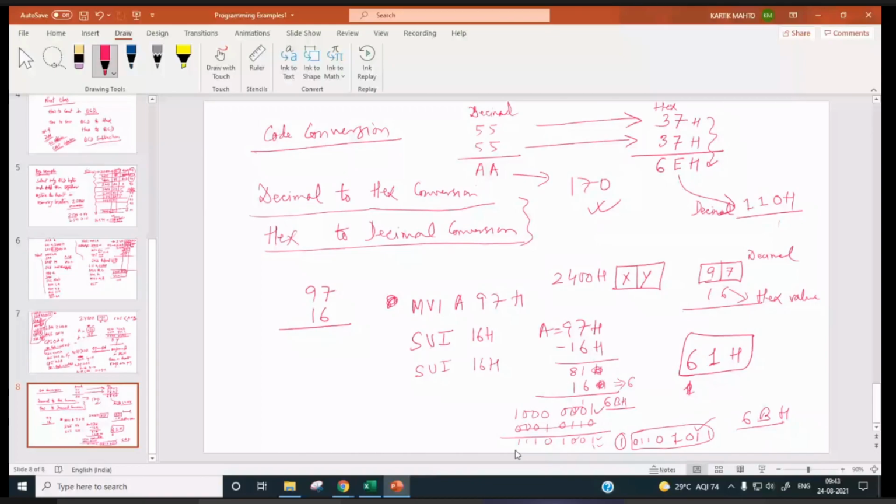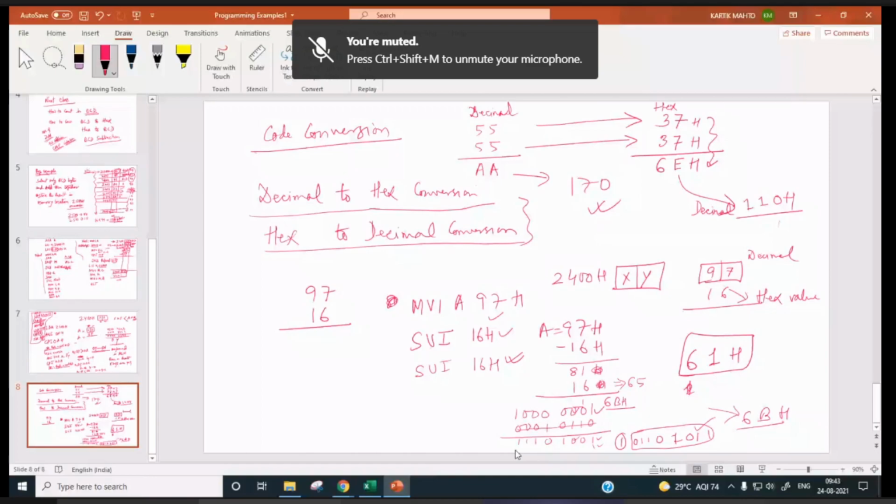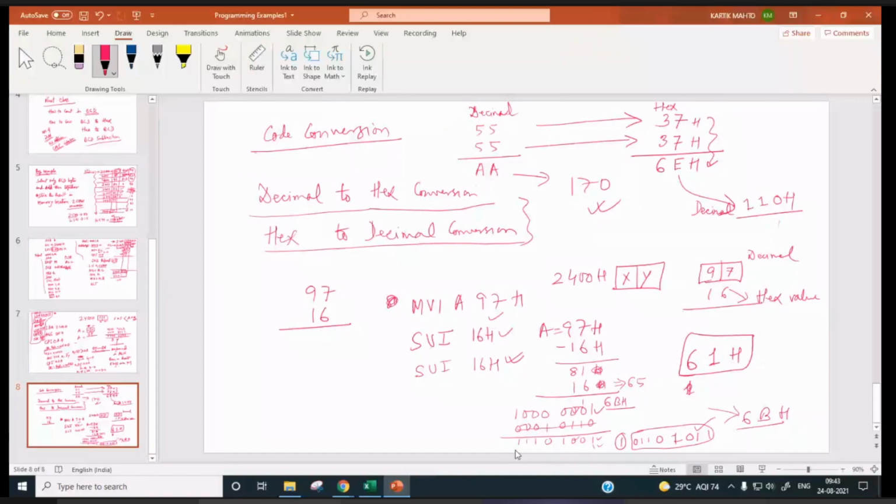So how to subtract BCD numbers? I am giving you a very simple example. Suppose we have result 10. One byte is 10, and we are subtracting 1 from here. What will be our result? It will be 0F.